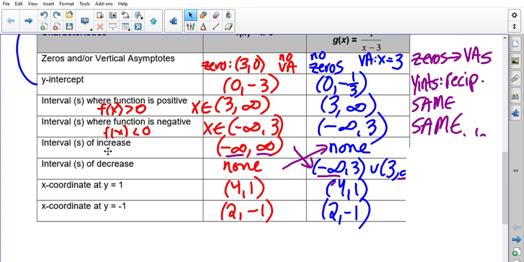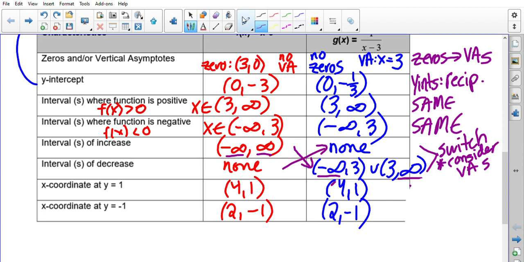Now this part's interesting: the intervals of increase or decrease. We can see here I've drawn arrows to show that it kind of looks like they switched, right? None here became none up here. The unique part is, though, that they switch, but you also have to consider that there are now vertical asymptotes in the reciprocal. So none became none, and if you notice here, the two boundary values,